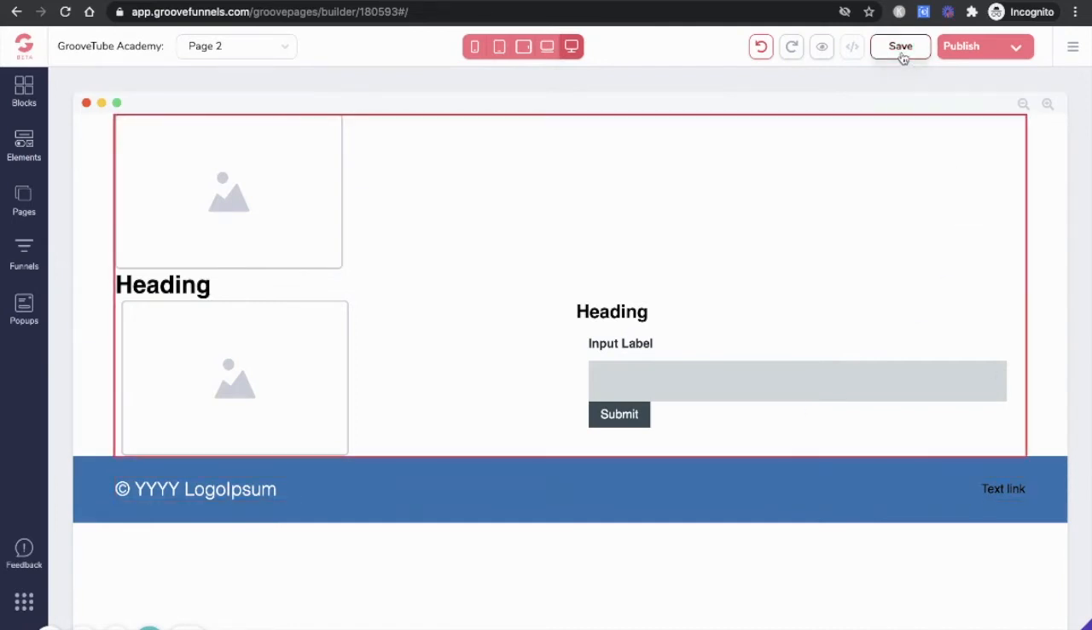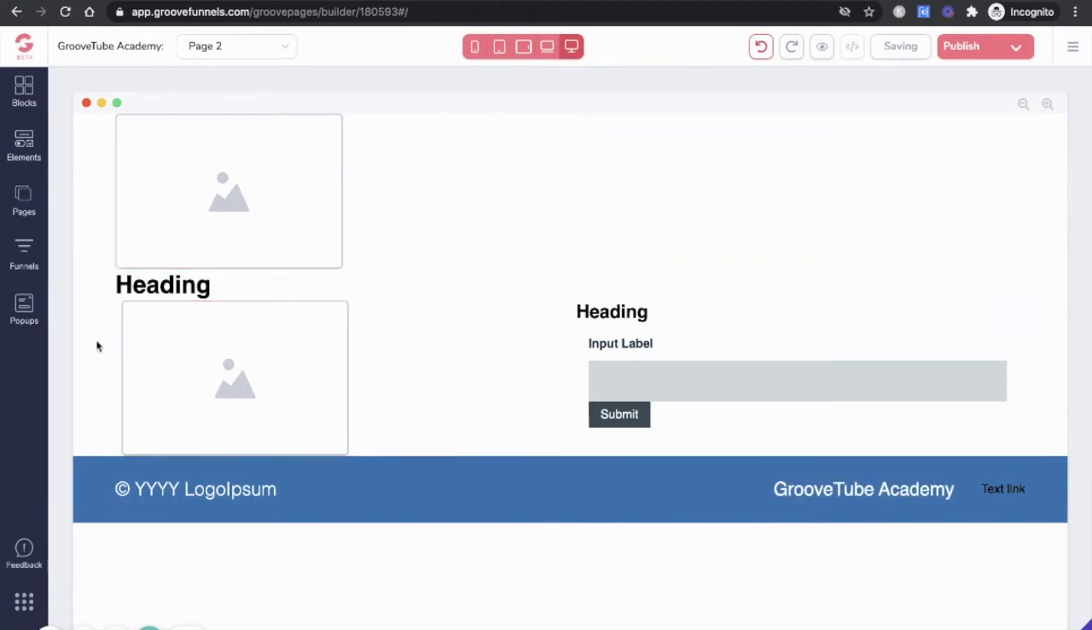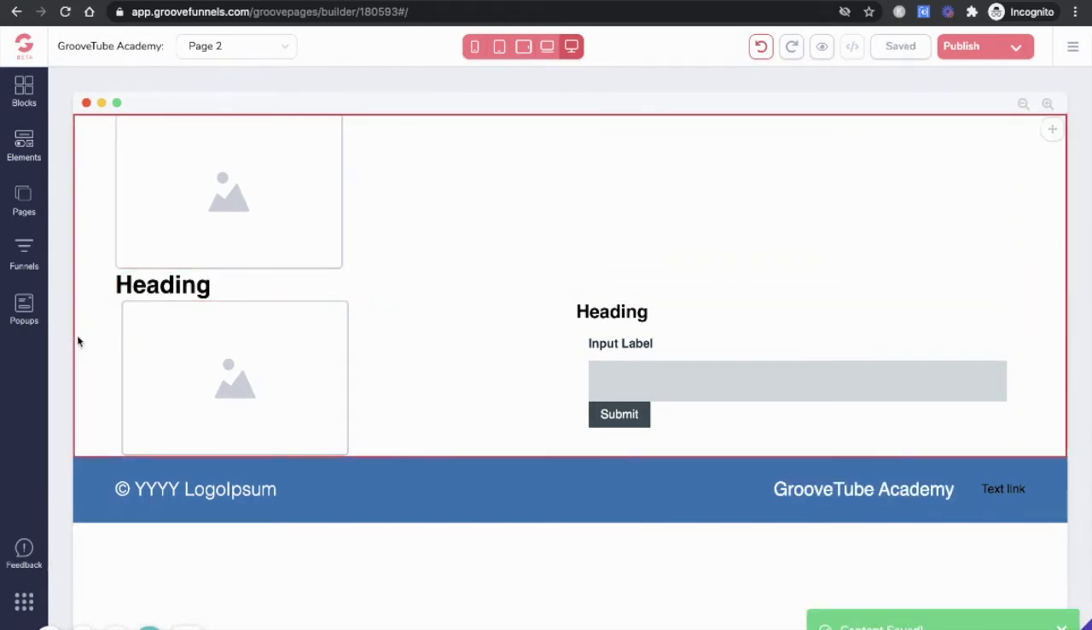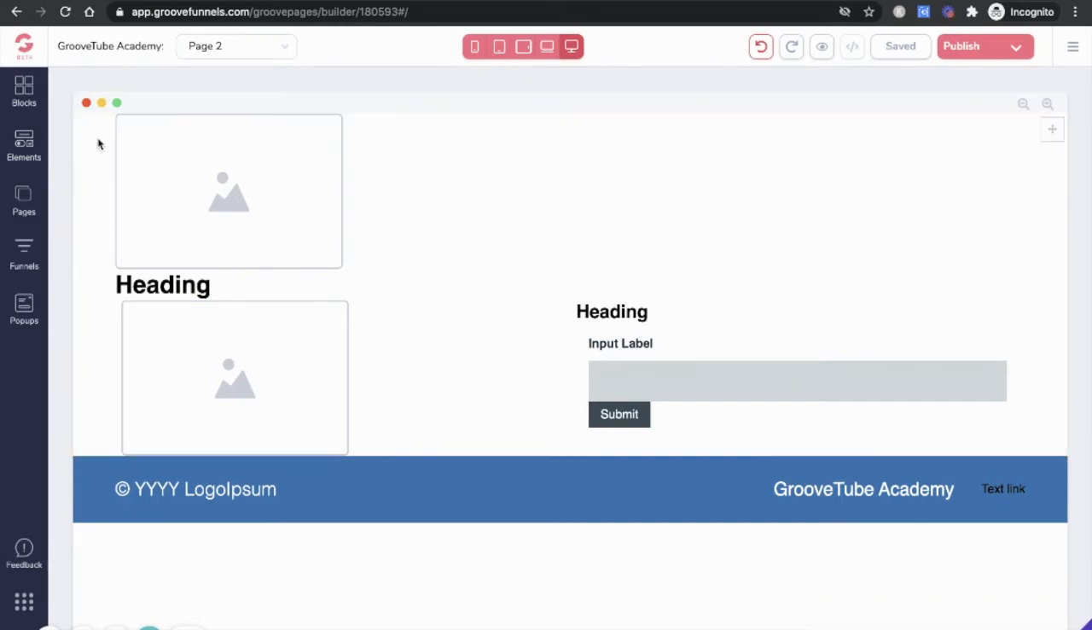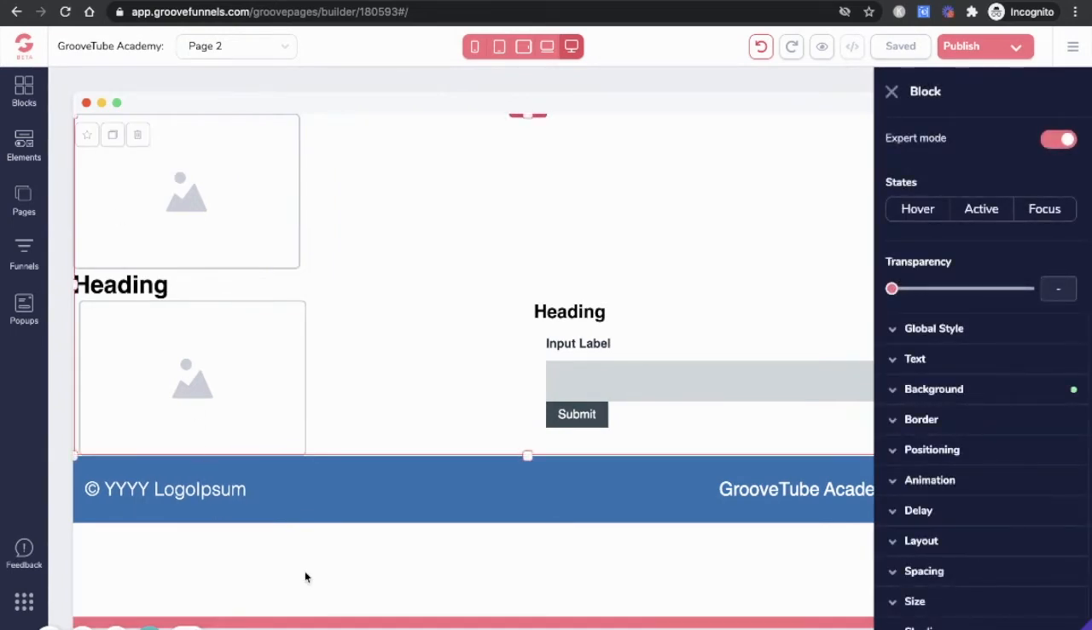So just remember to save as you go along, so you don't lose any data. That's quite important. There will be a feature that auto saves that's brought in, but it's not there at the moment. So now we want to select our container,